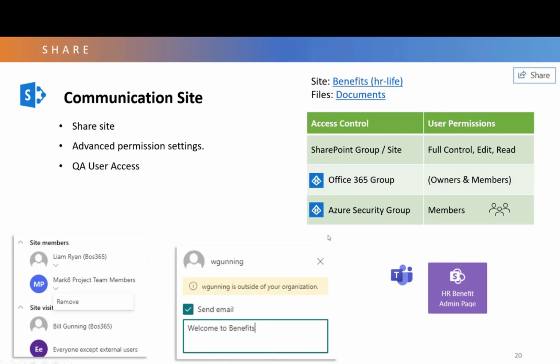So again, we mentioned the security groups. The biggest issue I see is doing quality assurance testing. Looking at the site, seeing how it's set up, making sure the site owner understands how it functions, and doing quality assurance testing, putting in some guest users, testing it out. For example, when I put in the Office 365 team group, I discovered that any member of this Teams group could actually go in and remove it from a communication site. So, quality assure the site, understand how things work.